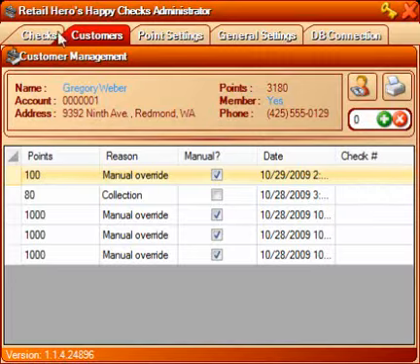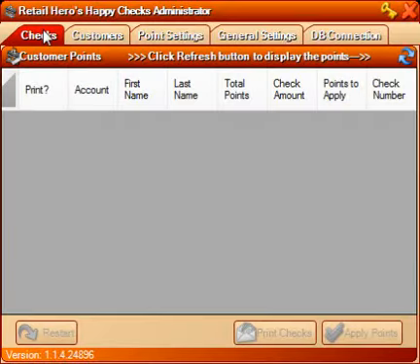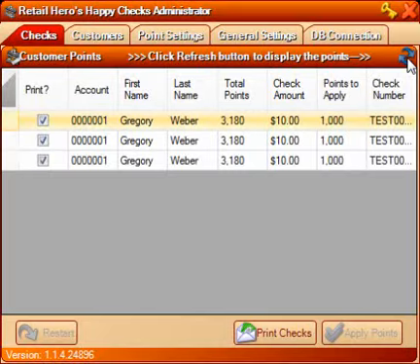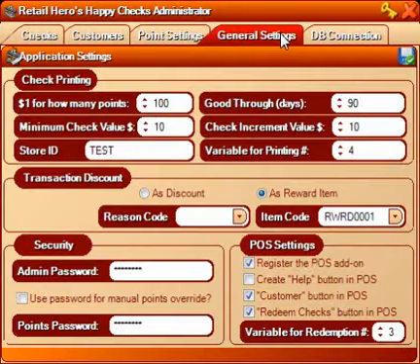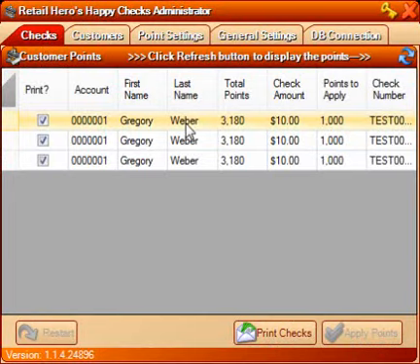The Checks tab contains a list of all customers that currently have points that can be converted into checks. From this window, we can print checks and apply the points to those checks. To display the list, click on the blue arrows. Based on your check printing settings, the list will show what possible checks can be created and printed. Select which checks are to be printed by putting a check in the box on that line and clicking Print